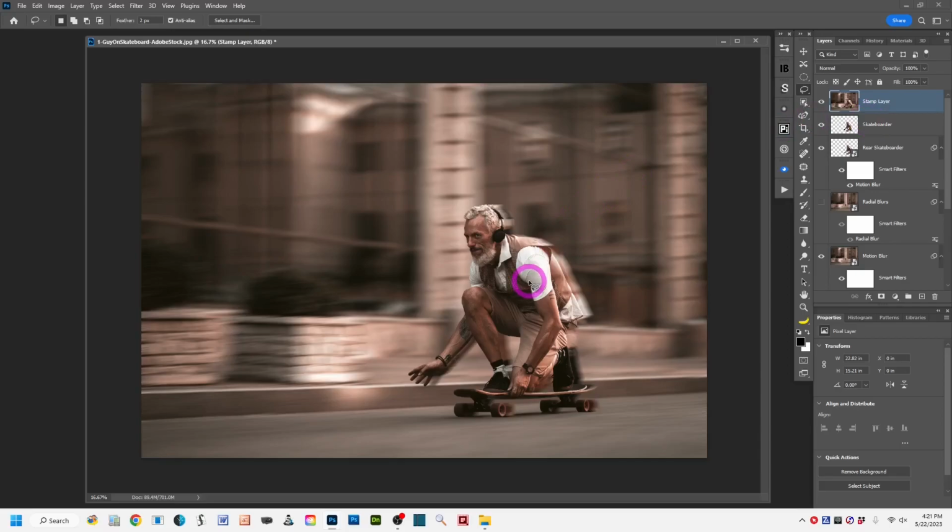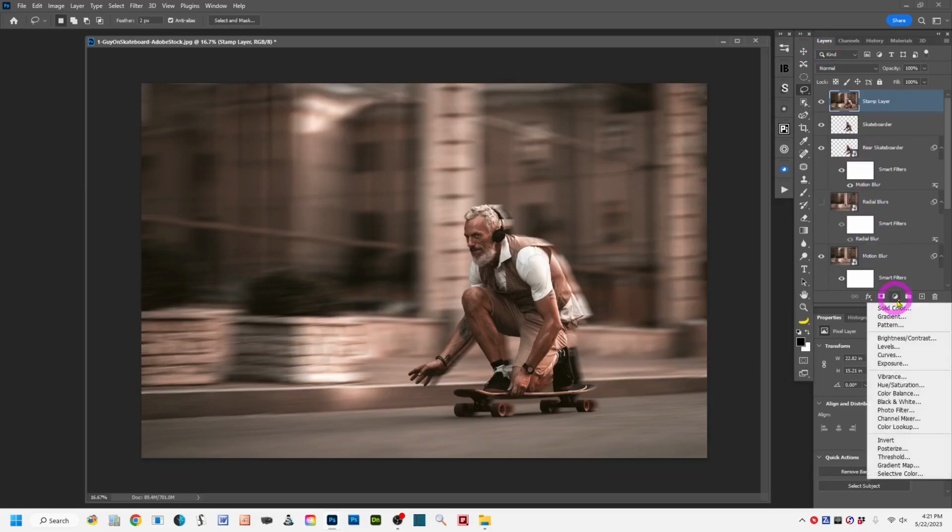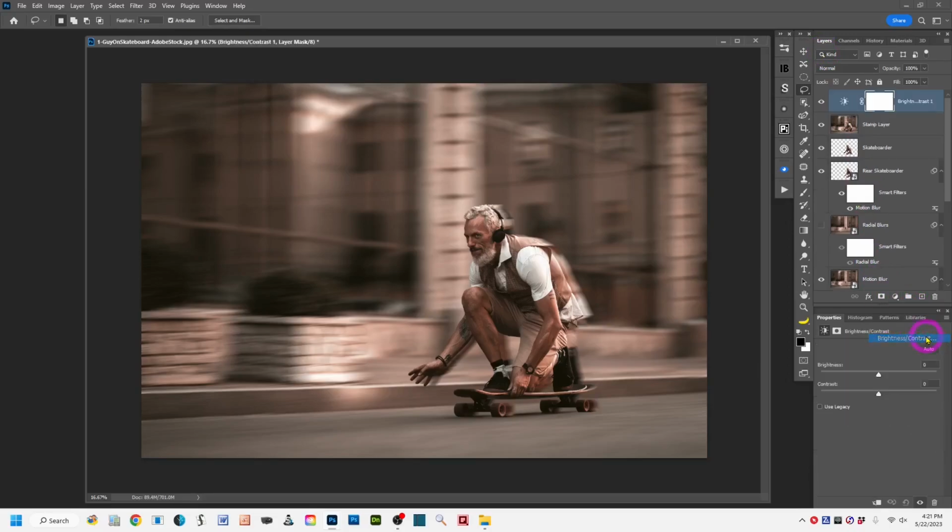And to maybe just brighten him up a little bit, let's come to the bottom of the layers panel, add a brightness and contrast adjustment layer. There we go, there's the new layer. And for brightness in your properties panel for that layer, and again, your properties might be at the top, I'm going to add just a little bit of brightness to this to perk it up. Yeah, that's good. Because again, you have to think logically. The light is coming from behind him. So you can't brighten up this side of him too much because logically this side of him would be in